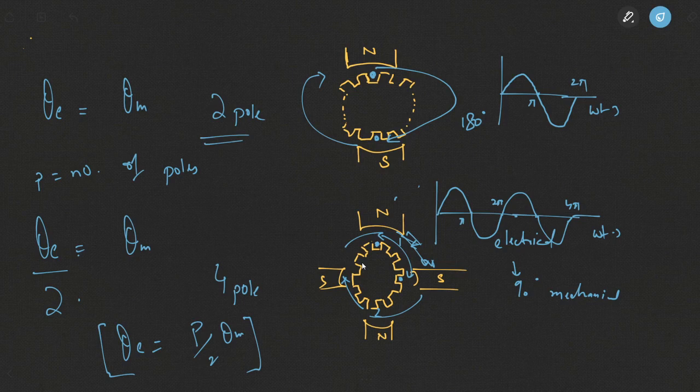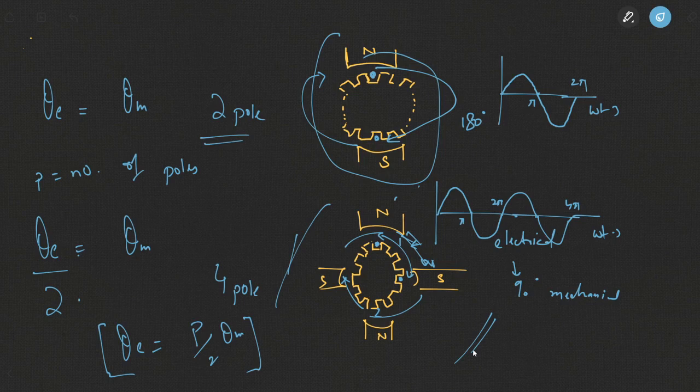Again, a coil is placed with one coil side under the north pole and another coil side placed under the alternate south pole. So in this first case, as you can see, they are placed 180 degrees apart, whether it's an electrical 180 degrees or a mechanical 180 degrees, fine. But in the second case, when a coil side is placed under the north pole and another coil side is placed under the south, electrically the magnetic field is still varying from 0 to 180 degrees,